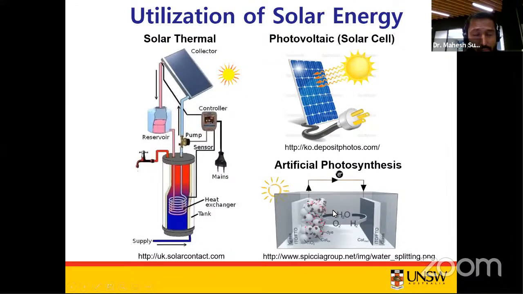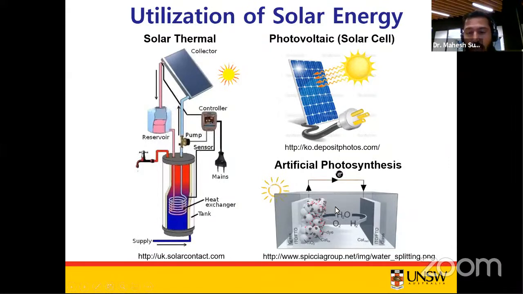Whereas artificial photosynthesis is a way of mimicking the natural process that plants use to create energy from sunlight, CO2, and water. It is a chemical process that converts water and carbon dioxide into oxygen and hydrogen and carbohydrates respectively. So the term artificial photosynthesis is commonly used to refer to any scheme for capturing and storing the energy from sunlight in the chemical bonds of fuels, that is a solar fuel. So people also call it a solar fuel.